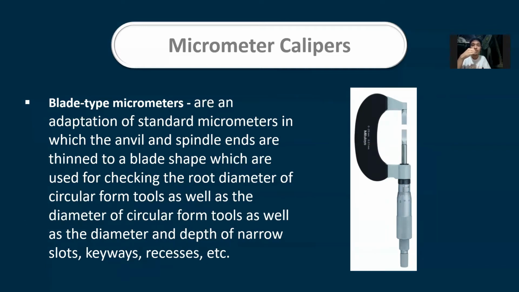So ito ay micrometer naman. Pero yung anvil is yung nasa taas, which is nag-hold sa taas ng object na mini-measure. So, tapos yung spindle ends naman is yung nasa kabila. So basically, para din siyang outside micrometer pero naka-blade form yung end-to-end niya para mag-measure ng mga circular or ring objects for their outside diameter.